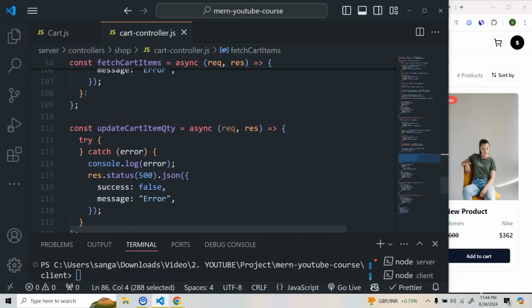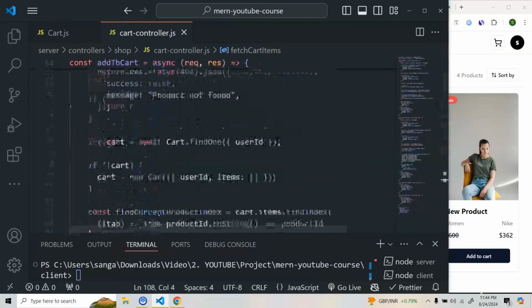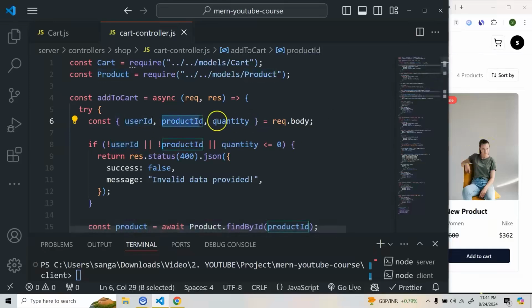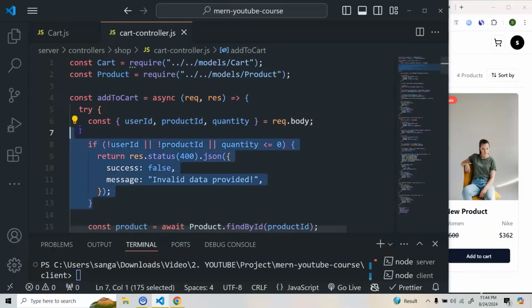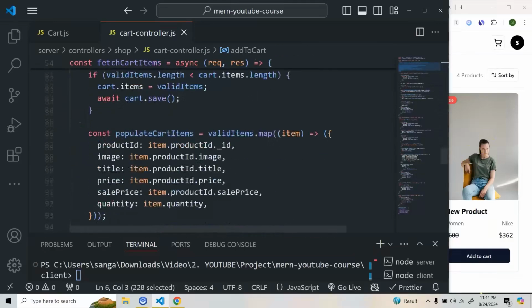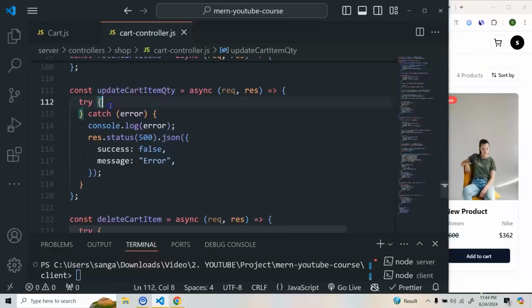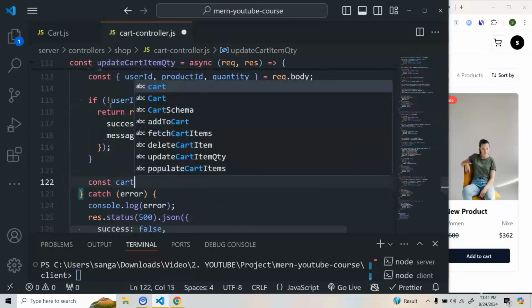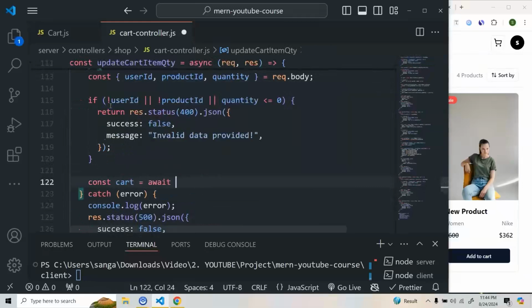Now let's do the update cart items. For update cart items also most of the things will be almost same, so let me just do it from here only. So first we need to get the user ID, that is, which user I am updating for, the product ID, that is, which product I'm updating, and the quantity. So we are going to do this check here also for this update quantity. Okay, and once this is done we are going to find the cart. So do cart, which will be await cart dot find one, and here we are going to find with user ID,